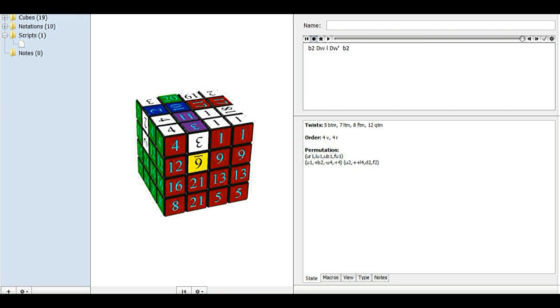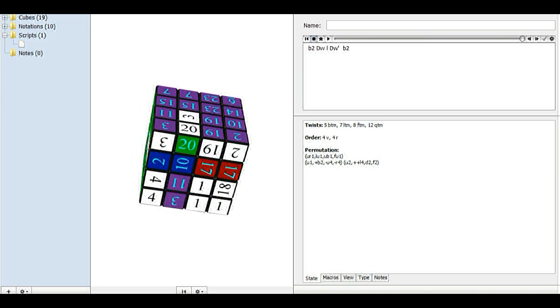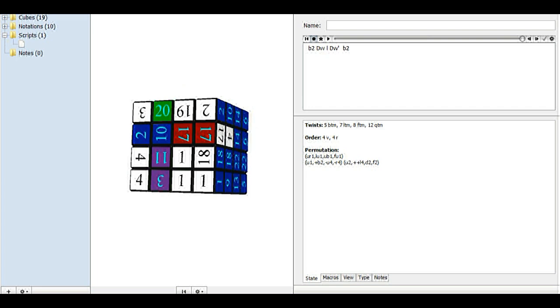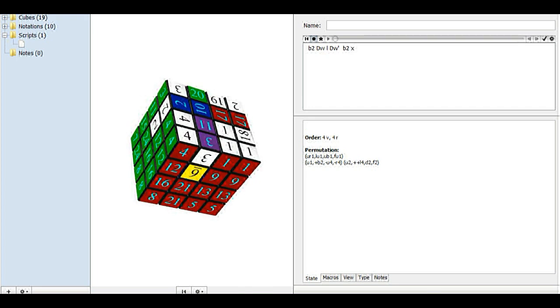And you just see what pieces one affects that the other doesn't. And if it happens that those pieces are isolated in a face, you can turn that face without affecting the pieces that they do intersect with. In this case, the face B, I can turn B without affecting anything that the 3 cycle affects,